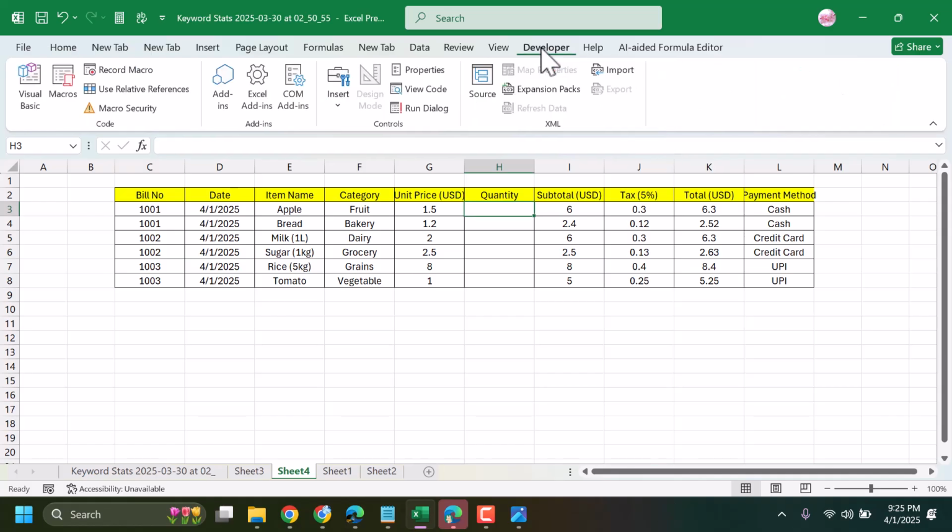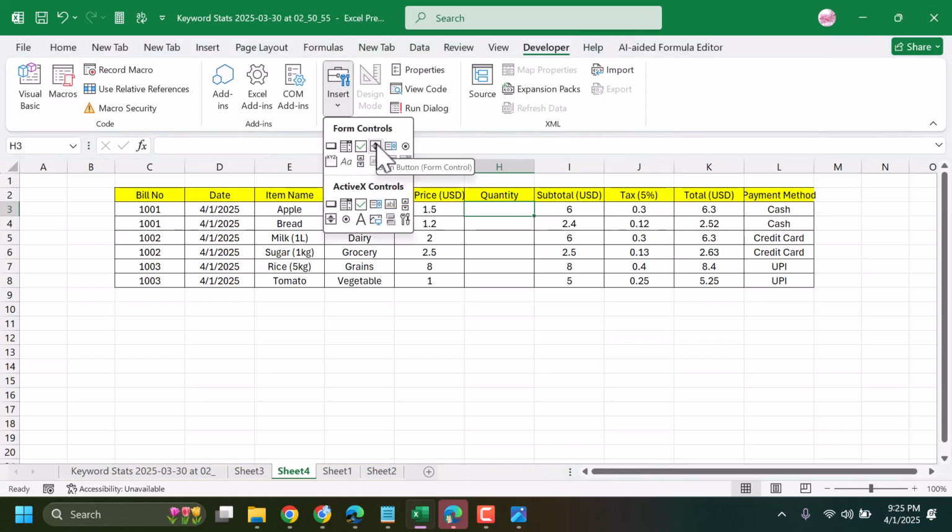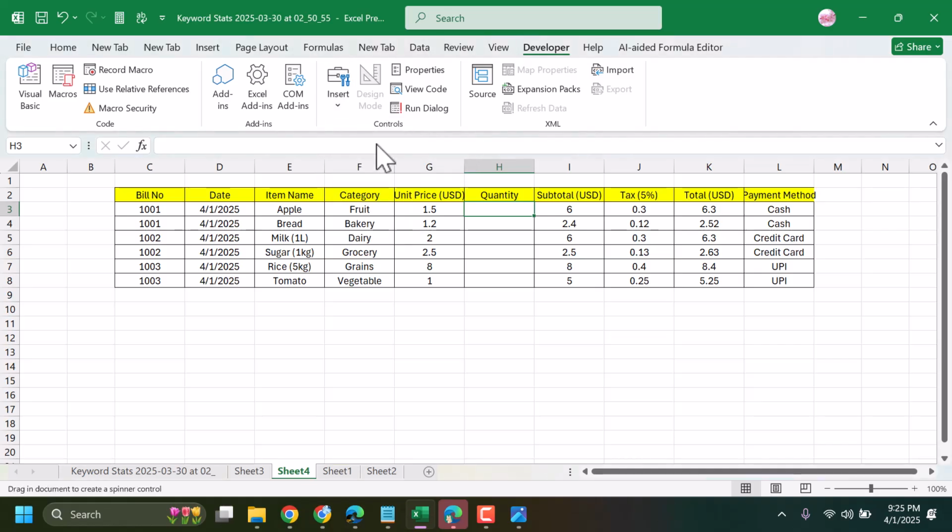Now click on it and Insert. And here you will see this spin button. Just click here and keep it. Now drag and drop. If you see the big size,